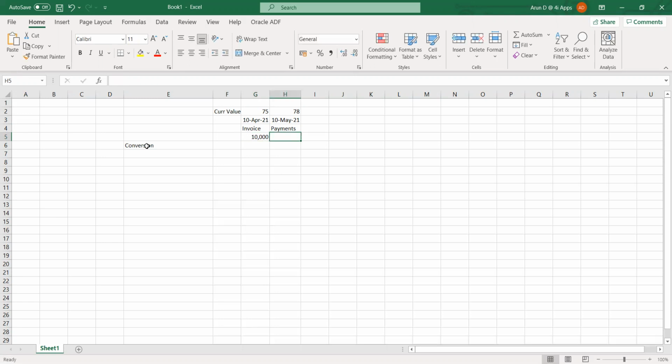Okay. So payment has not made it. Payment should have been made on 10th of May. And also here, between 10th of April to 10th of May, if you see here, we have the period closure activities also involved, because the period closure is nothing but on the end of every month.